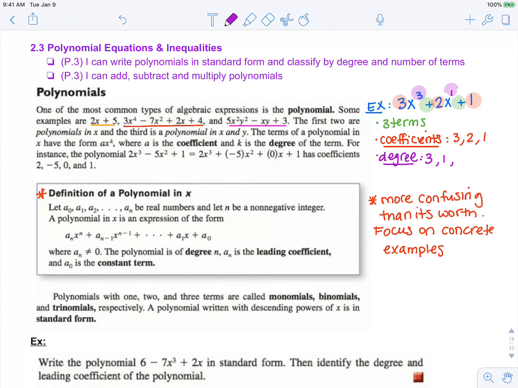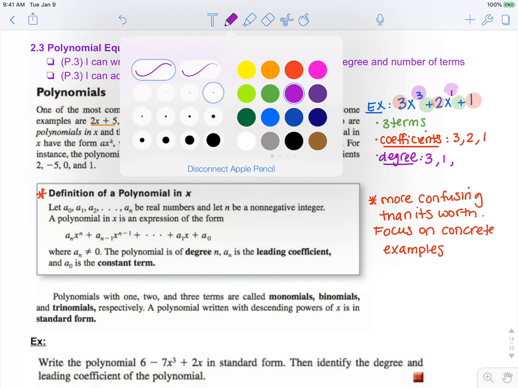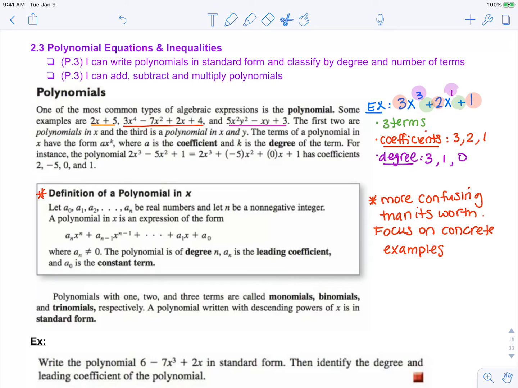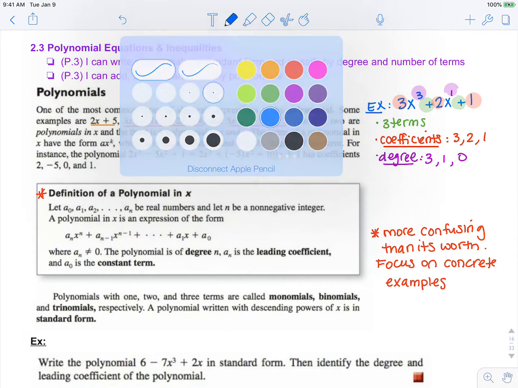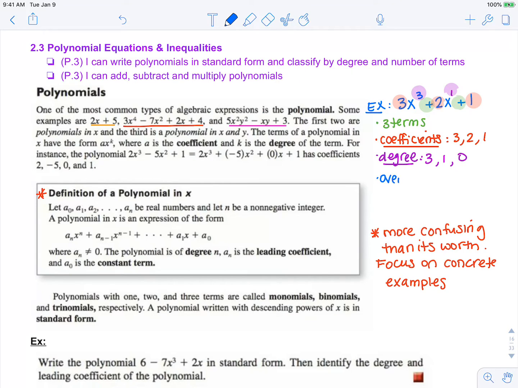And of the third term, since there is no variable, the degree is 0. Now, if we are looking for the overall degree of this polynomial, it would be 3, the highest degree